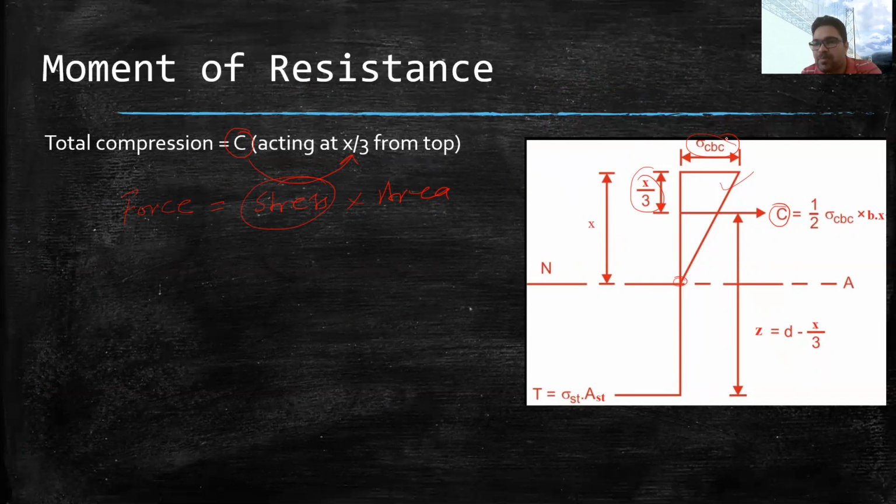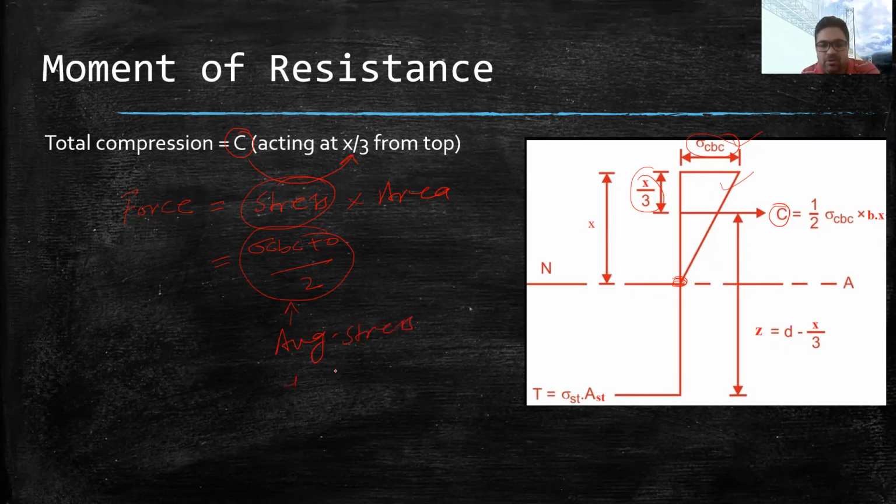So we can neither apply sigma CBC nor provide a value of 0. So what we do is we provide an average stress value. The average stress is sigma CBC plus 0 divided by 2. This is called the average stress